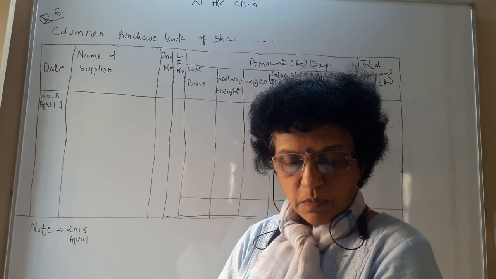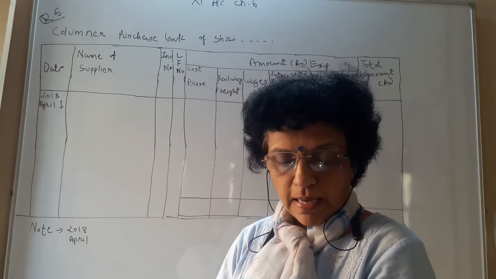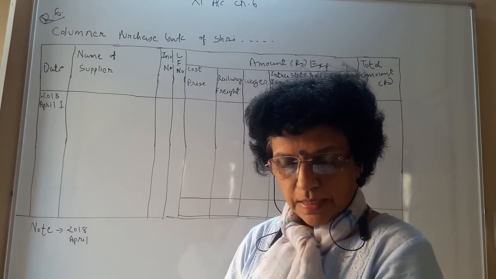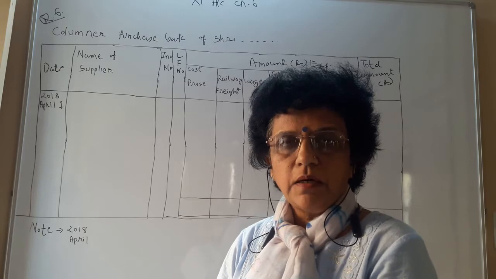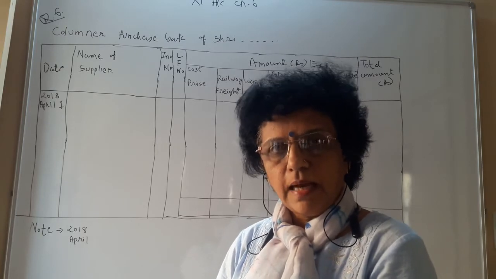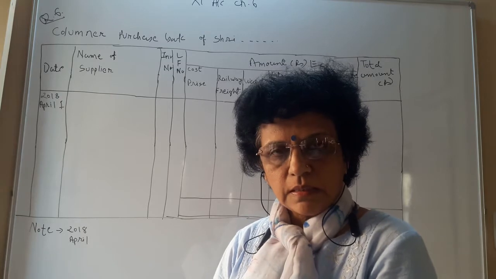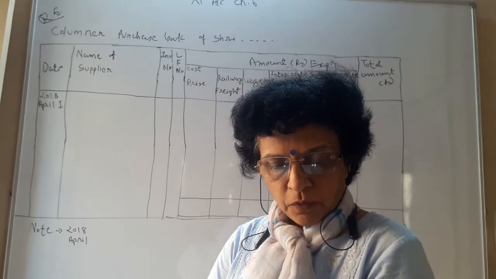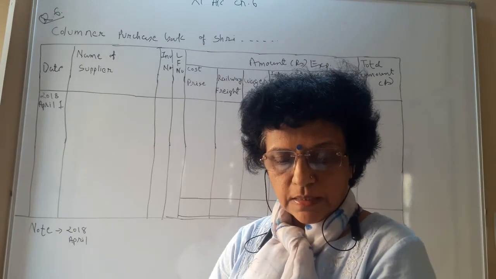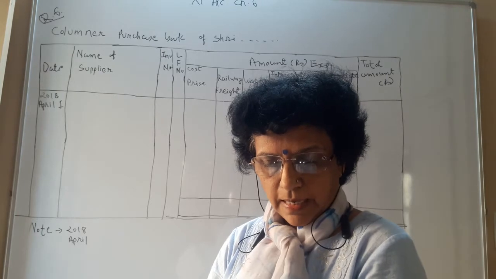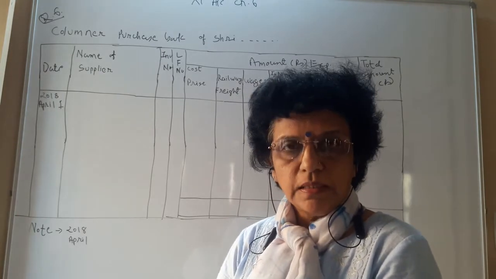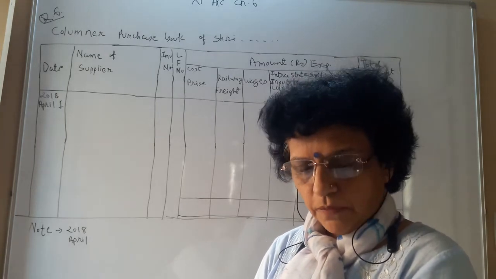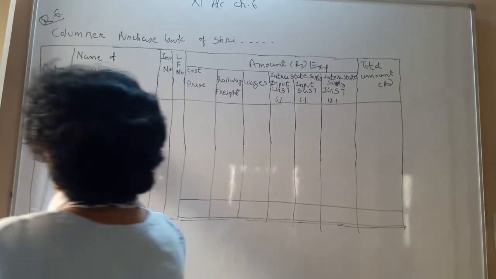The transaction number 1, that is 2018 April 1st. Goods purchased of 50,000, 10% trade discount. So when you have the trade discount, that is directly to be deducted, and after that only the value is considered as a cost price. From the Shahrukh Stores, labor of 2,000, that will go into your wages, railway freight of 5,000, and the invoice number is 51. So this transaction is regarding the purchase, so we record it first in our book, that